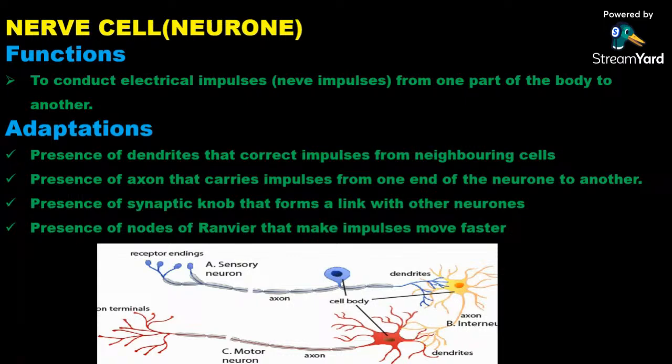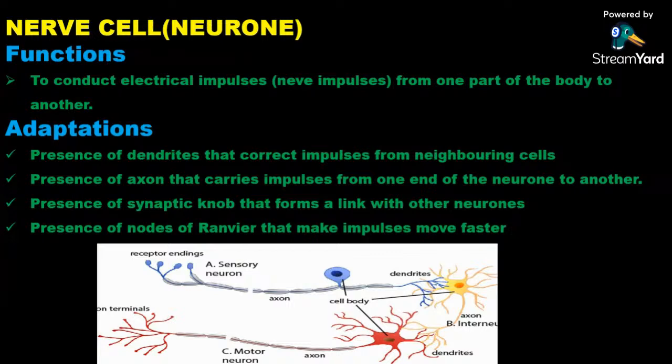So the function of the nerve cells is just to conduct electric impulses, or nerve impulses, from one part of the body to another. And of course, you know that a nerve impulse is an electrical impulse in short. We are going to look at the nervous system, and I think we get to discuss this part in more detail. We are just laying the foundation. Like I said, this is very important. It's prerequisite information to understand what we are going to cover.